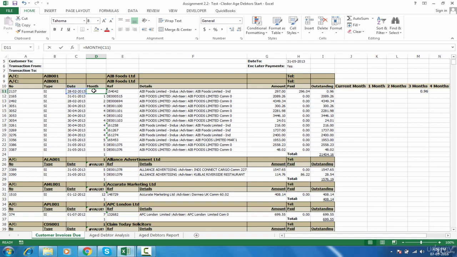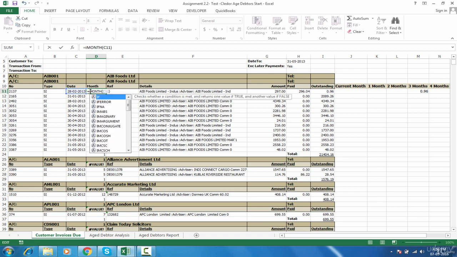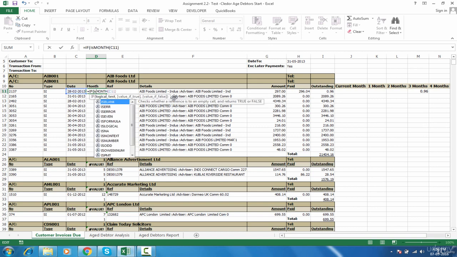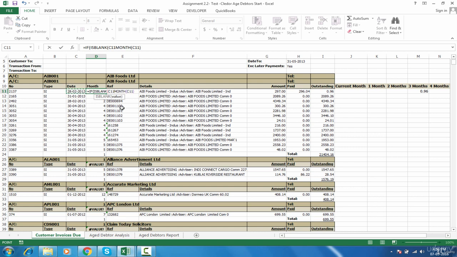So we need to open our first formula and go to the start of the formula and write IF, tab, ISBLANK. Means if it is blank, then show nothing. So what is blank? You need to give the value. If this cell is blank, and since we need to close the brackets,